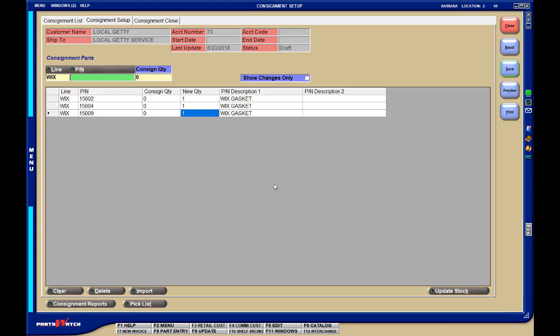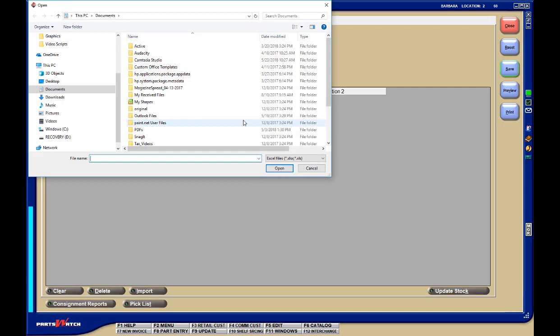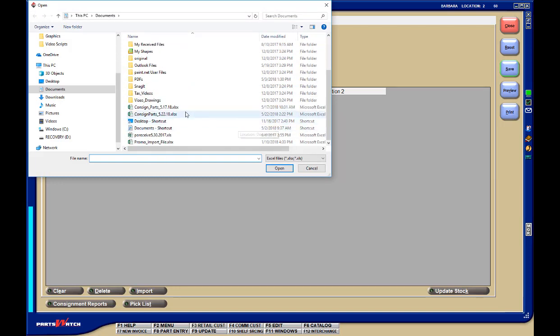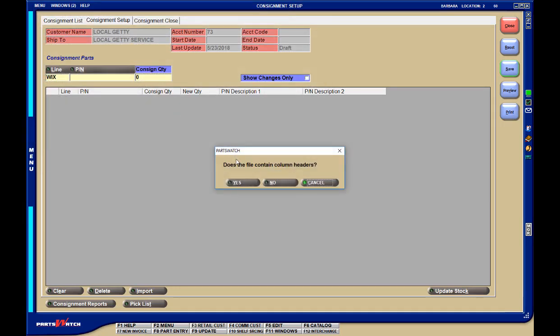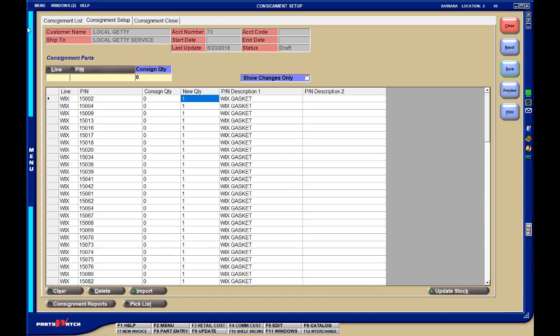So enter all the parts manually or click the Import button to import them from a spreadsheet. Imported parts override existing parts, so import the spreadsheet before manually adding parts. The standard Windows Open File dialog pop-up will open to select the file. But parts can only be imported in the draft mode. Once the consigned parts adjust stock, the Import button is grayed out,